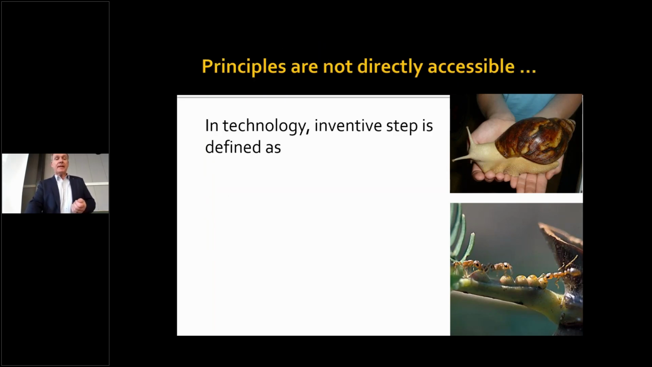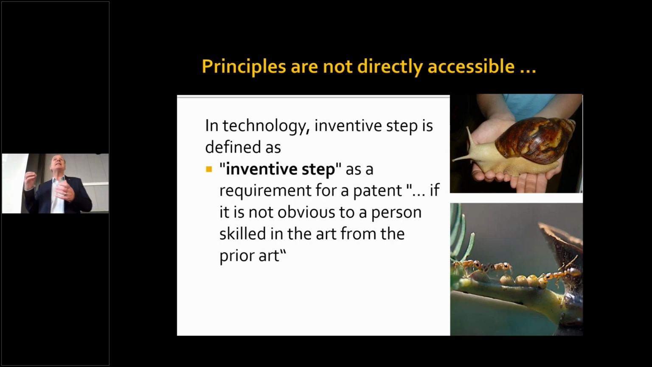So in technology, an inventive step is a requirement for a patent. So you have to invent something and not just discover something. So just to go into nature and say, oh, this works this or that way, it's not enough. You have to do research on it, you have to analyze it, and then you can have an invention. The invention does not have to be obvious for a skilled person when compared to prior art,